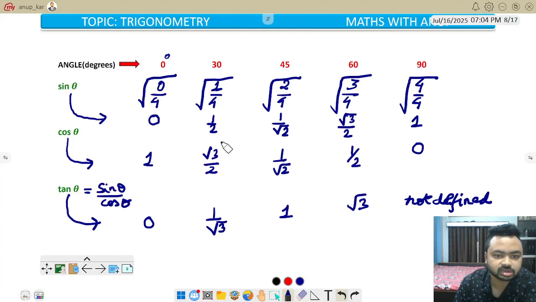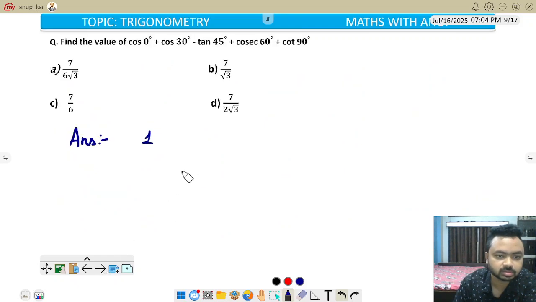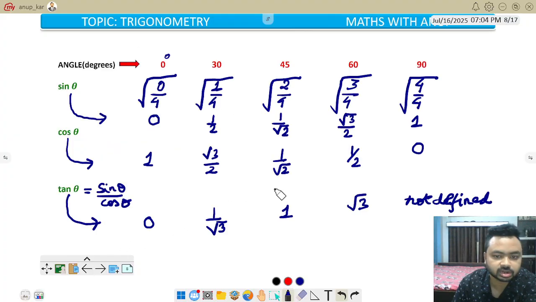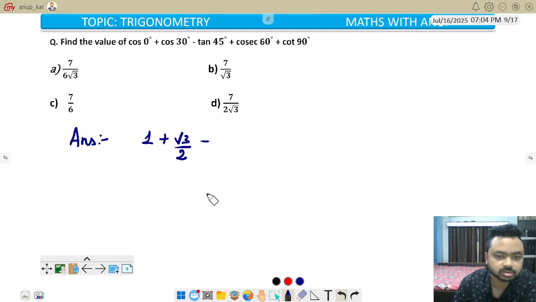Cos 30 is root 3 by 2, plus root 3 by 2. Tan 45 is how much? Tan 45 is nothing but 1, so it will be 1, and